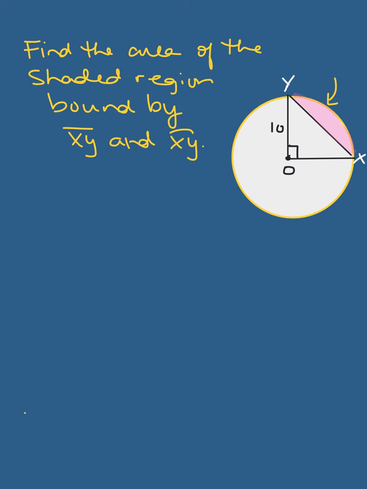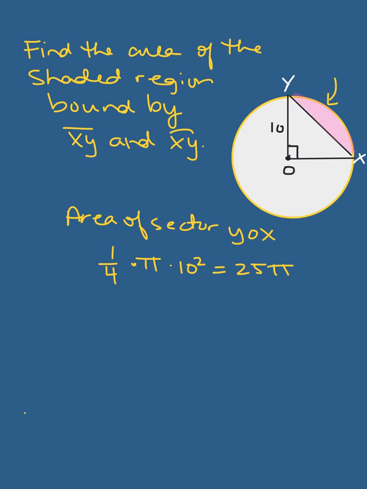So the area of the sector YOX. Now again, we have a 90 degrees, so I know 90 over 360, that's a quarter of the circle. So I'm going to take 1/4 times pi r squared. My radius is 10. So when I simplify that, I have 25 pi. So that's in the entire sector. But I don't need the entire sector. I just need that little piece. So I need to subtract out the area of